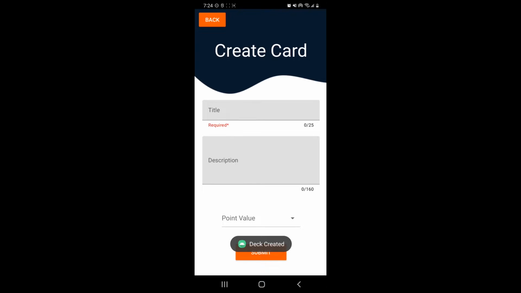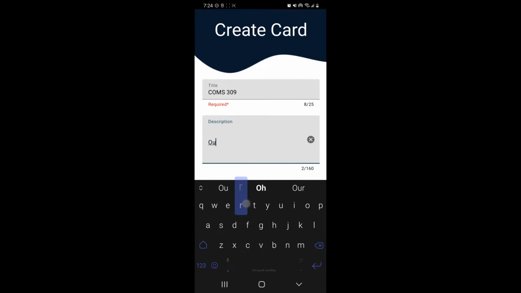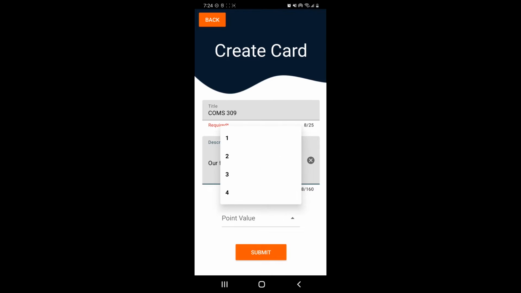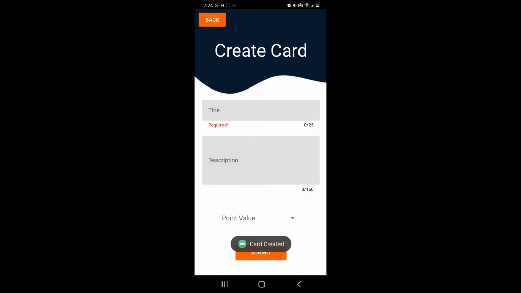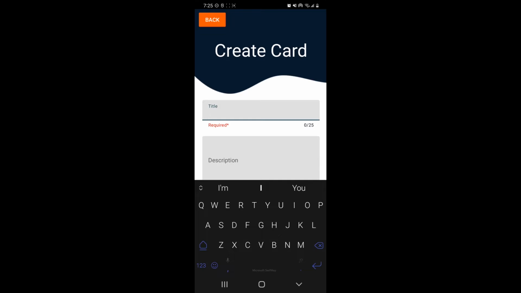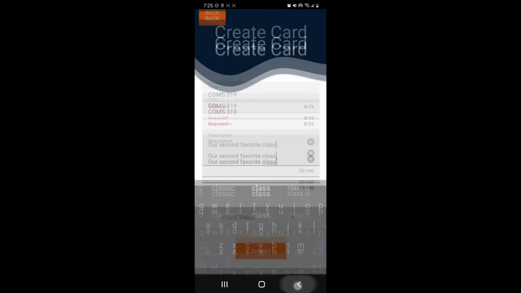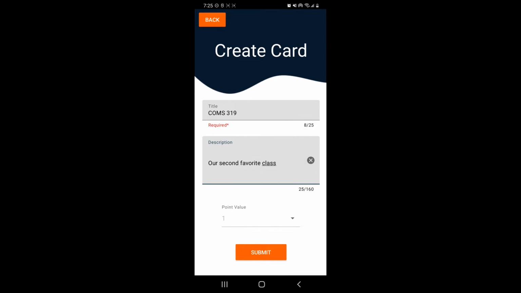We are then able to create a card that's going to go into that deck. Let's create one called ComS 309, which is of course our favorite class, and assign a point value, which will be used when a team guesses that card correctly. If we then click the back button, you can see that the card we just created is a part of that deck. If we then go ahead and create another card, and again assign some points to it,